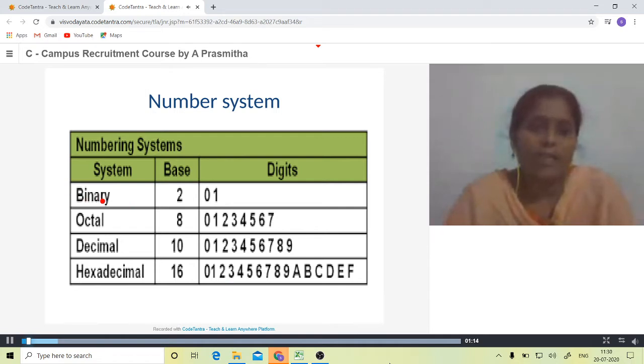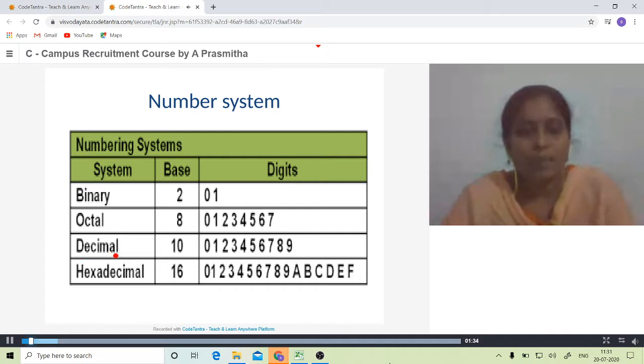The binary number system base value is 2 and its allowed digits are 0 and 1 only. In the octal number system, the base number is 8 and the allowed digits are 0, 1, 2, 3, 4, 5, 6 and 7.